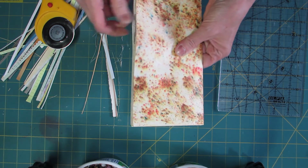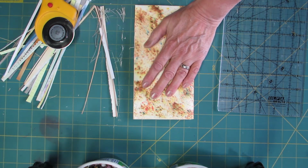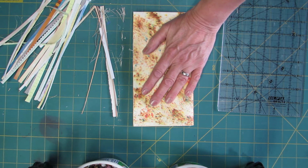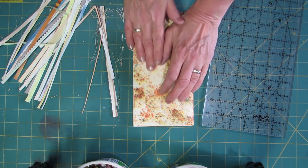Okay, not bad. If you don't have a ruler, you can use an X-Acto knife. Make sure it's a sharp one and keep on cutting. And use a metal ruler so that you don't accidentally cut in your plastic ruler. So we'll leave it here,